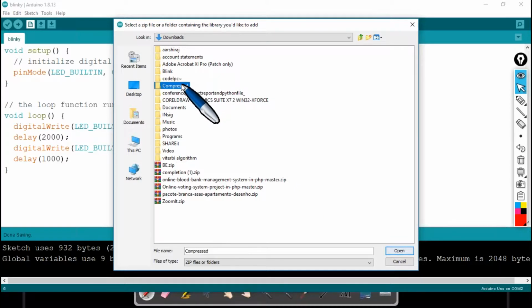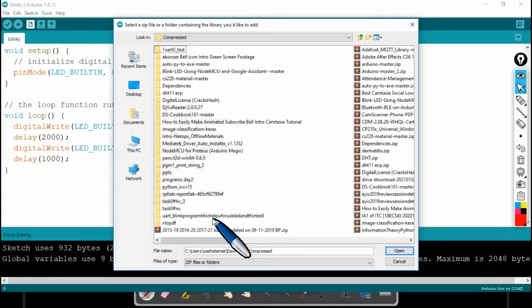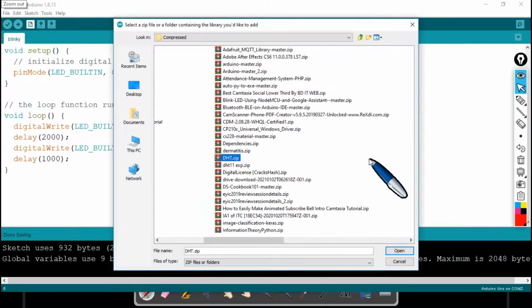So under downloads, under compressed. Let me zoom in. This is where my DHT library has been downloaded. I got to select this file. After selecting this DHT.zip file, I got to hit on open.